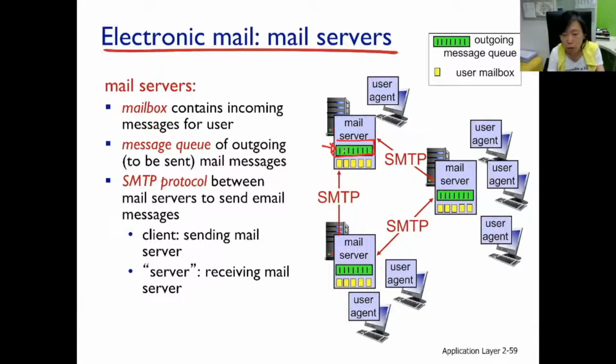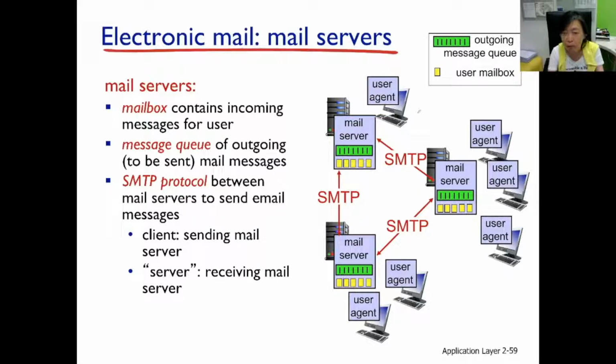Messages that are going out will all be stored here temporarily, waiting for the receiving mail server to open up and accept the emails. The SMTP protocol allows the sending server and the receiving server to communicate. In particular, the sending server is called the client of the SMTP protocol, and the receiving server is, on the other hand, the server of the SMTP protocol. So the SMTP protocol provides mail receiving service in a sense: the client requests service, and the server allows emails to come in.